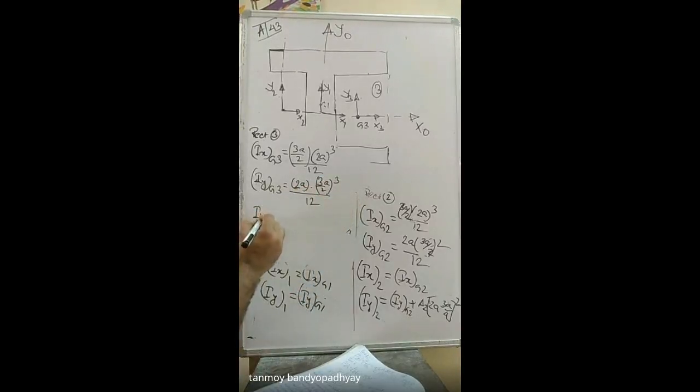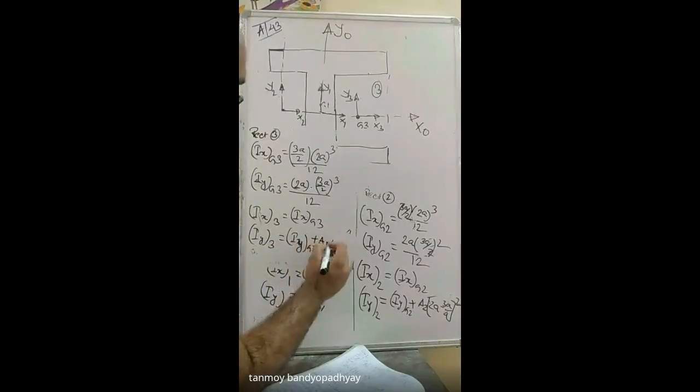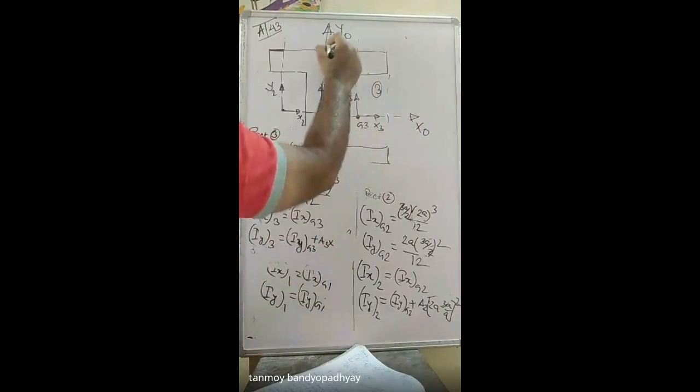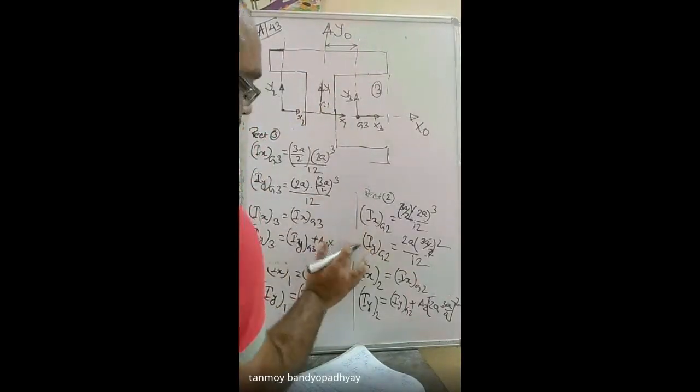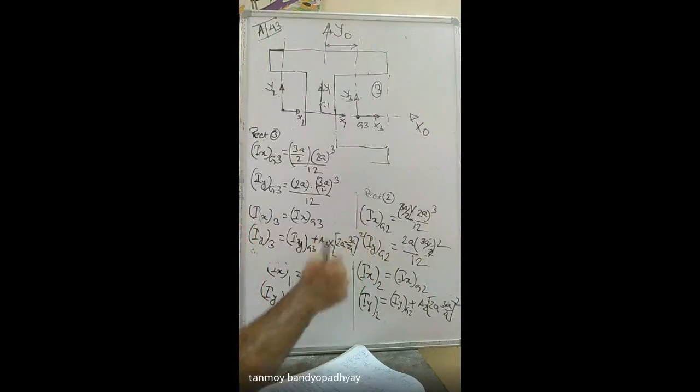So what will be ix3? So ix3 টা direct equal add হয়ে যাবে, so it is ixg3. And what will be iy3? So iy3 will be equal to iyg3 plus A3 into a distance. So y3 and y0 are on the distance, so this is 2a minus, this distance is 3a by 4, so this is 2a minus 3a by 4 whole square. Okay? So now you get the values.